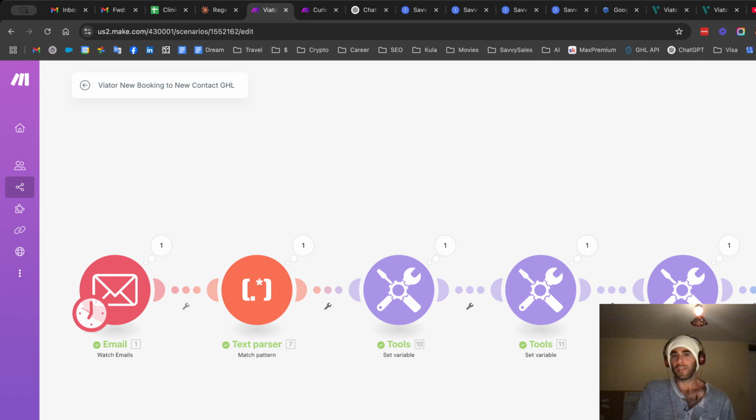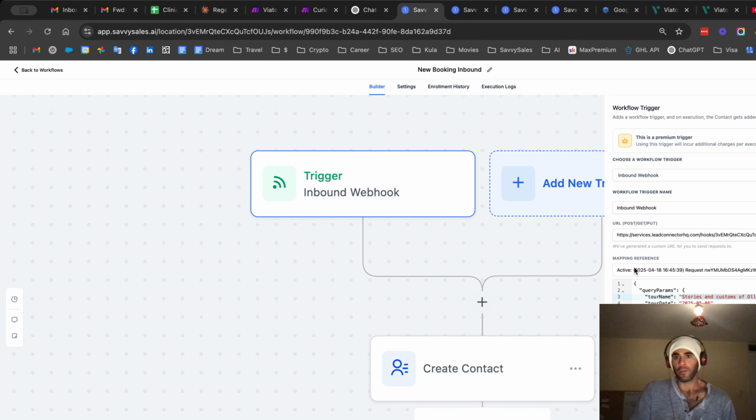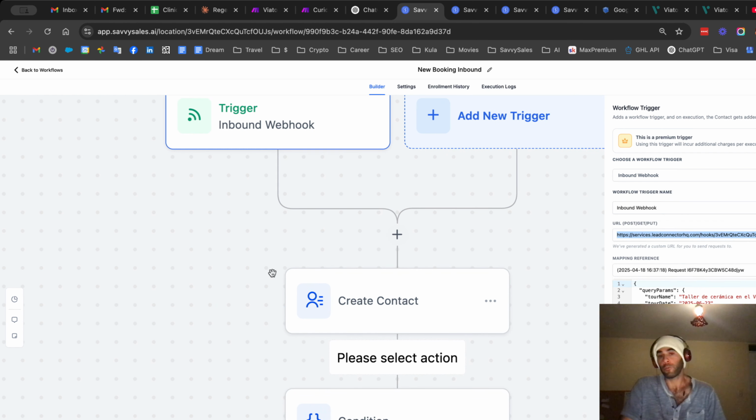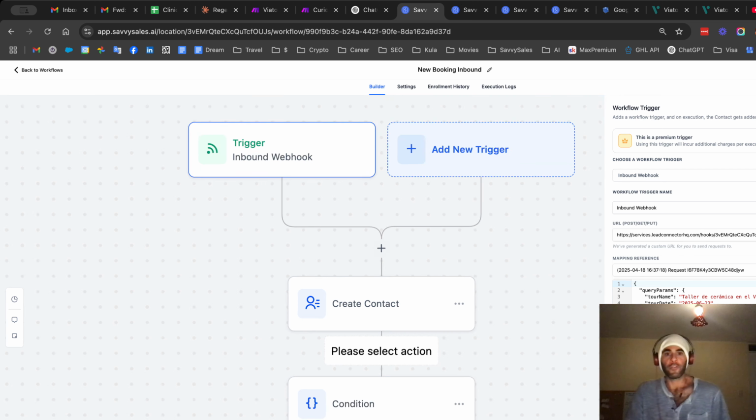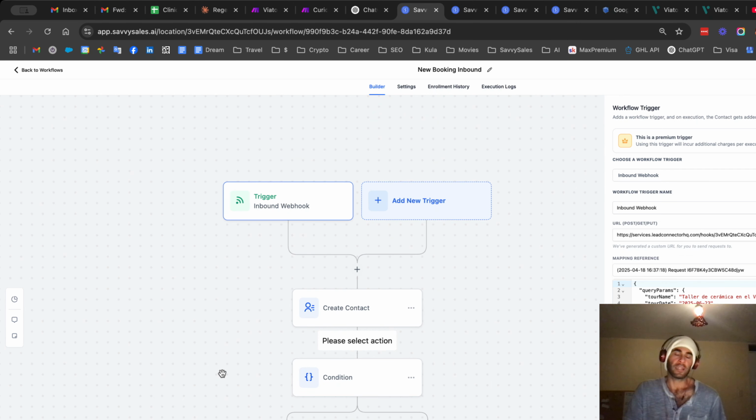Okay, and once we get that done, we're going to run through in a given scenario. As you can see, I just did that. And we'll start to find these mapping references. Once we get our first mapping reference, we'll have sample data, and we can then go and use that data for whatever purposes. In this case, I first wanted to create a contact so I could get the contact in the system. This will be necessary if I want to send a thank you message,